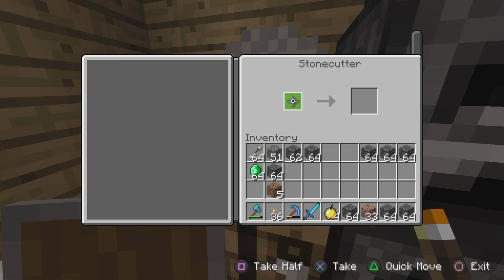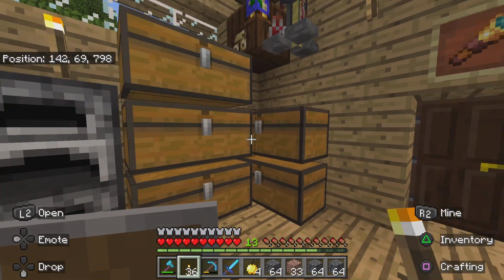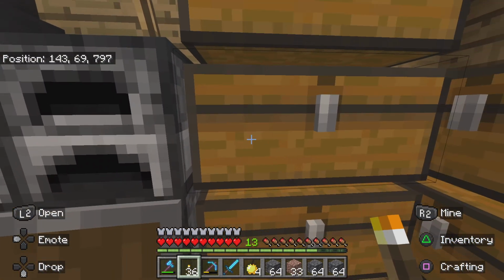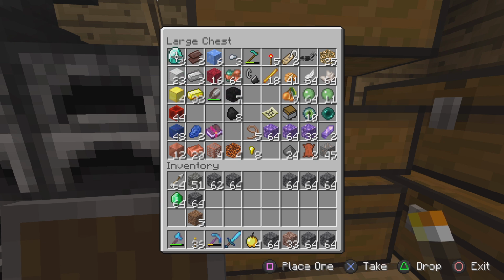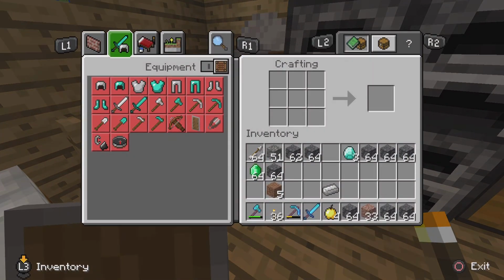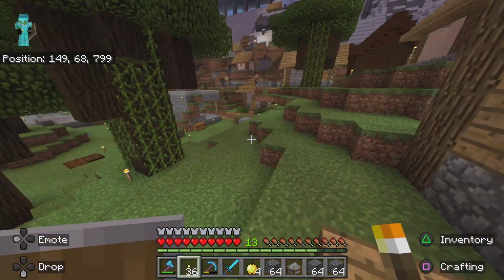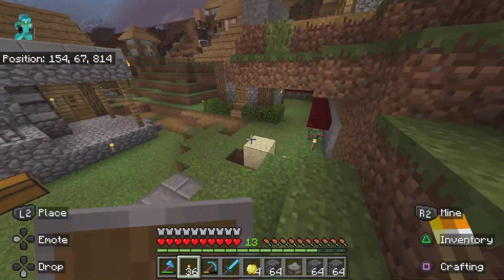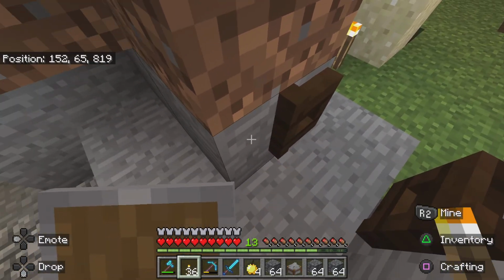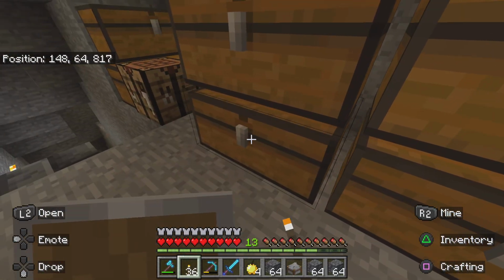Oh, crud. I can't make stairs out of this. Well, actually, you know what? We're just gonna make, oops. Because it has silk touch, I just mined a bunch of deep slate. Let's see it. Can I at least make, I can. Okay, cool. Oh, I guess I can use diorite for that. Or granite. That's okay. So basically, that's the downside to using silk touch, because it should be deep slate cobblestone.